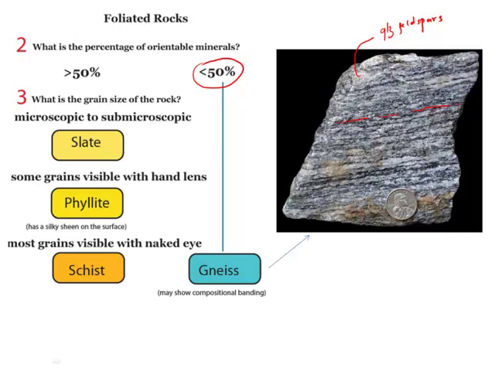And one of the other textural features that results from the abundance of quartz and feldspar is that the rock has a banded appearance, as is shown here by layers of dark colored minerals, in this case likely biotite, and other layers that are dominated by quartz and